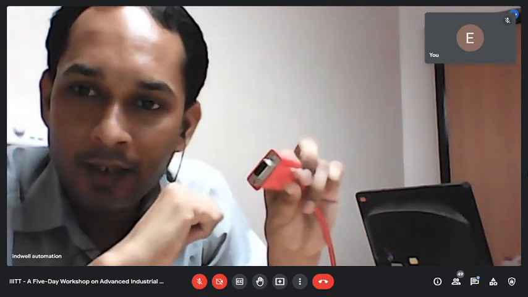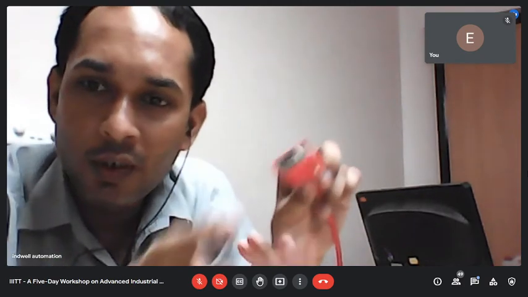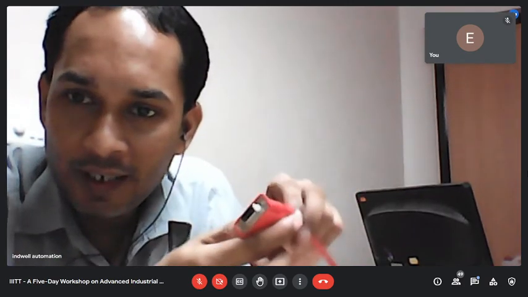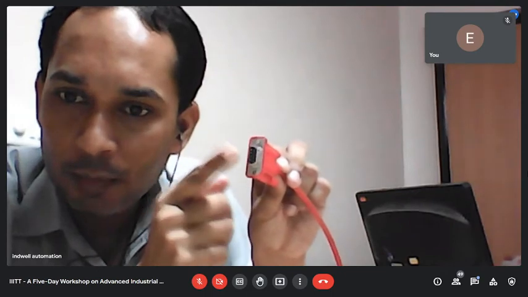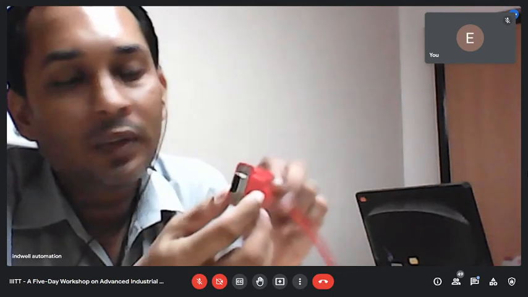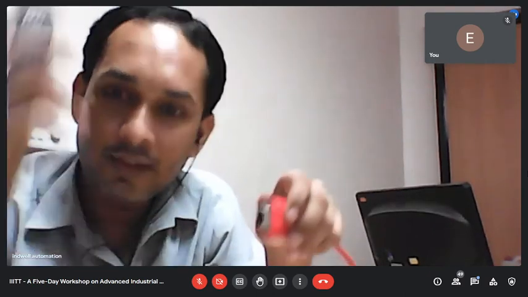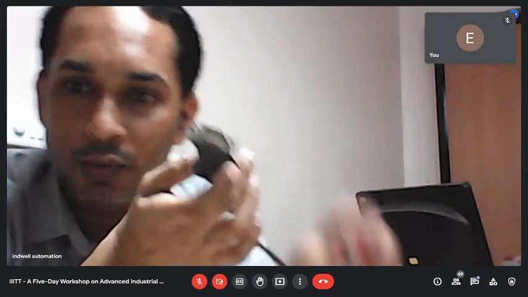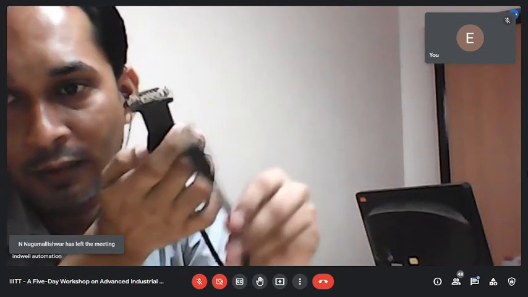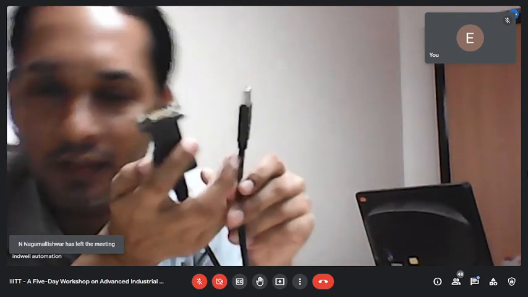This I need to connect to our computer or laptop. But on our new laptop we do not have a 9-pin port. It is a 9-pin serial port, and we don't have it on our laptop. So we must have this USB to serial converter, correct? You are familiar with this.